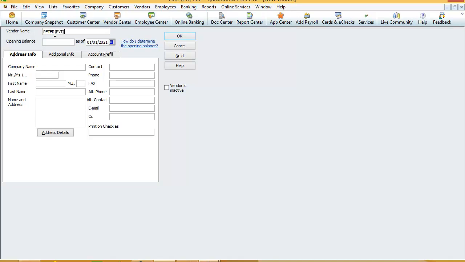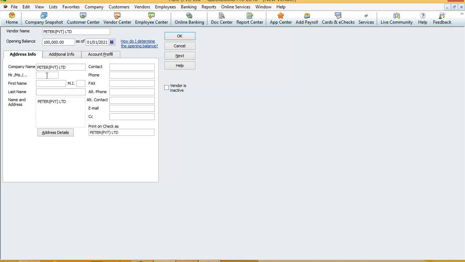Private Limited, right? The particular company outstanding was 100,000. Let's say 100,000, right? So this is the amount, 100,000 was the balance. Next you have to put the legal name of the company, right? Private Limited, okay, sorry, PVT Limited,